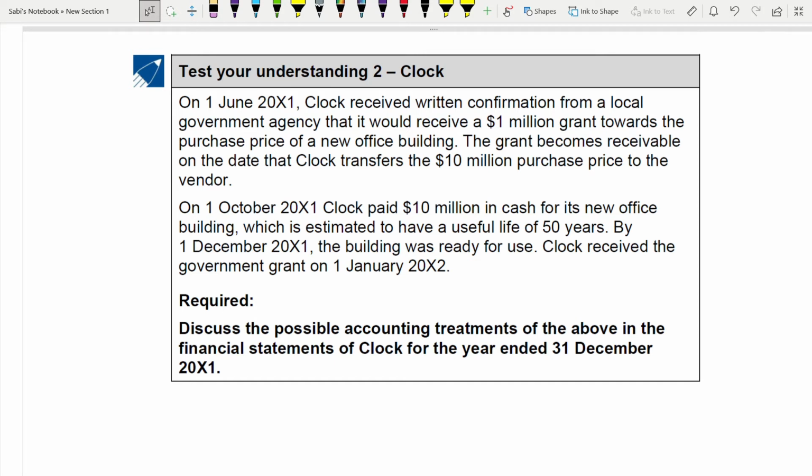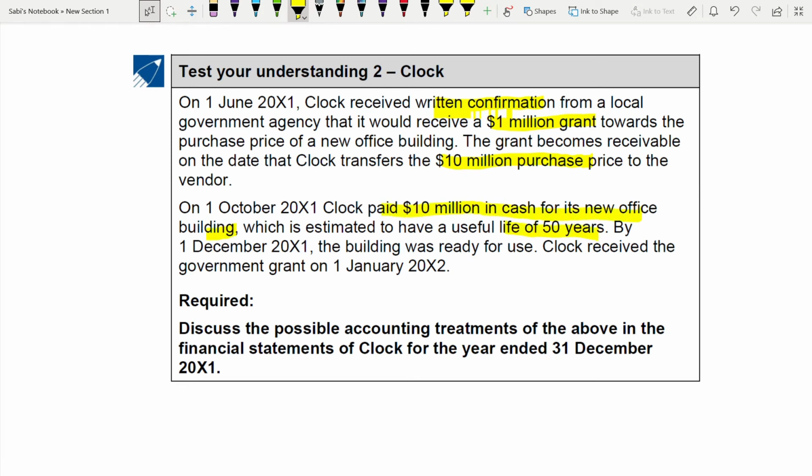1st of June 2001, received written confirmation from a local government agency that they would receive a 1 million grant towards the purchase price of a new office building. The grant becomes receivable on the day that they transfer the 10 million purchase price to the vendor. On 1st of October 2001, they paid 10 million in cash for this new office building with its estimated